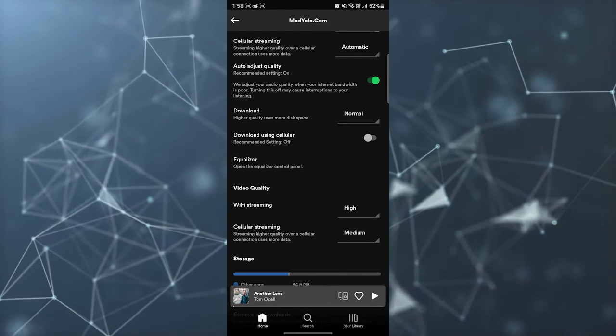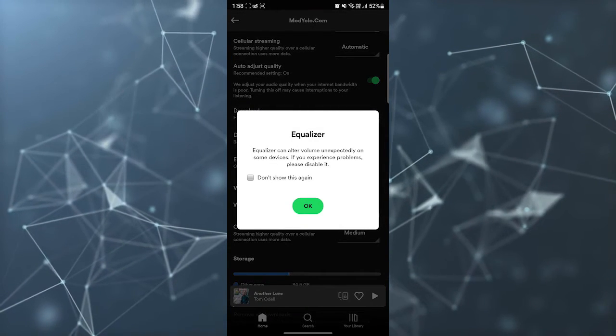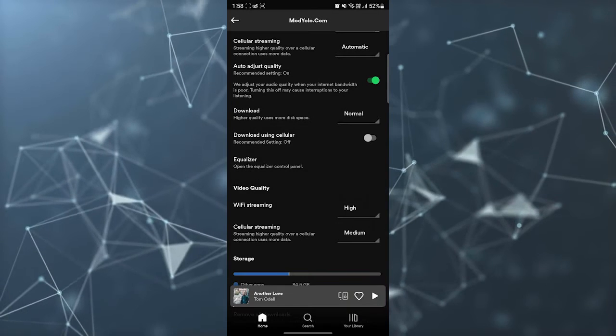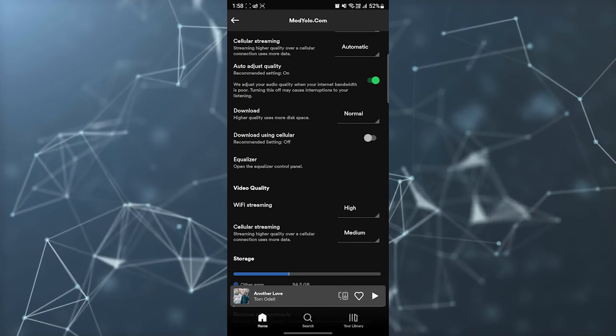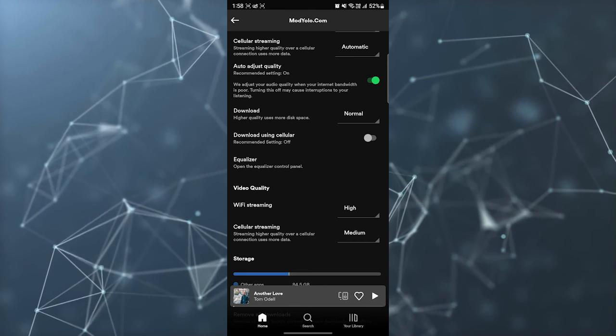You have an equalizer option, you can just turn it on and turn it off even. You have video quality option even here, so you can select there as well. Okay,